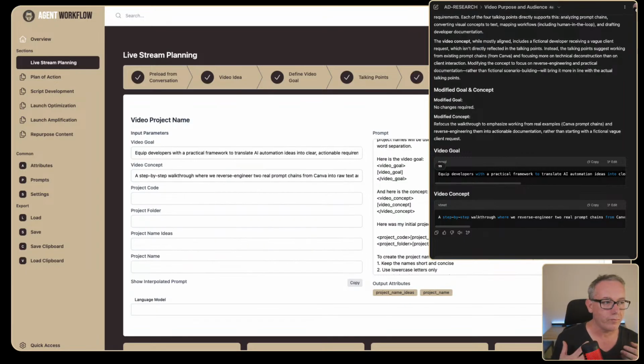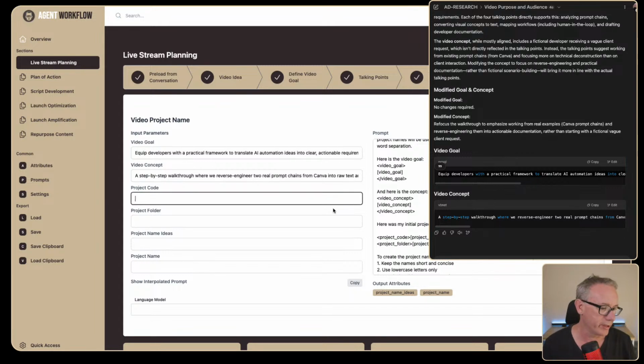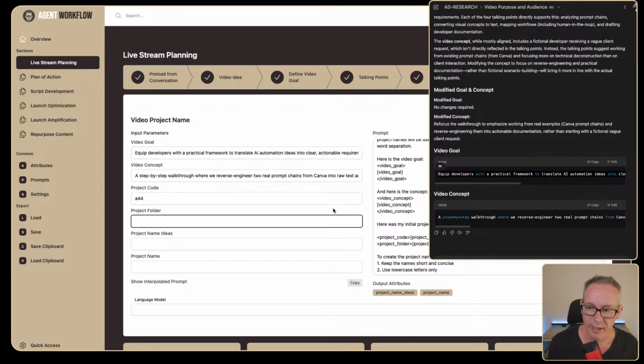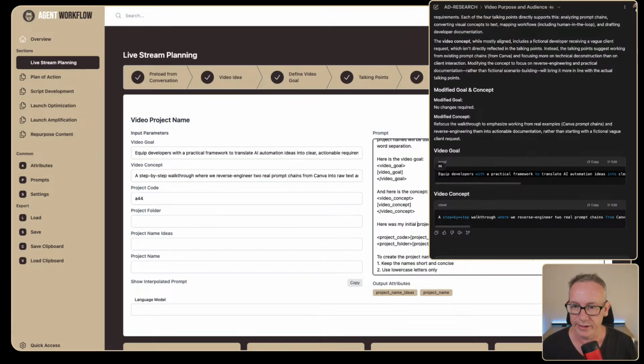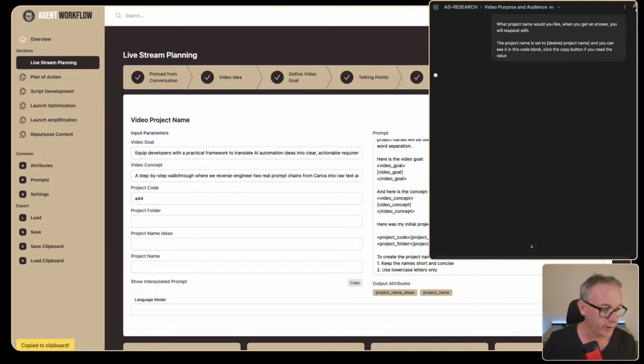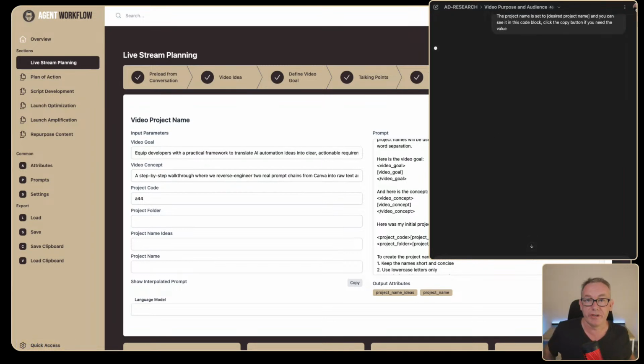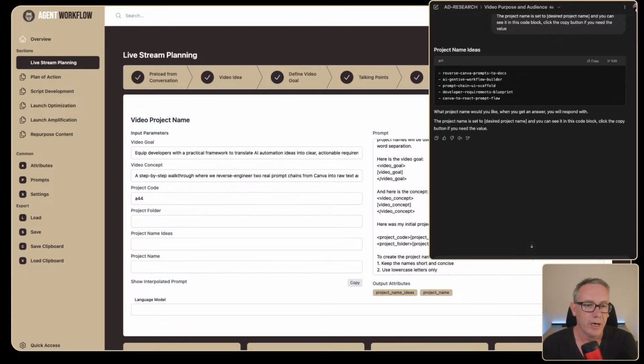Now we're planning our first live stream. I think we've almost got our structure together. It'll create some reference cards. But the first thing I also need to do with this is turn it into a project name. So I'm firstly going to code it. I'm going to go with A44, because that'll be the next one that I do. And we'll run this video project name prompt and get it going. What this will do is give us a list of them. I'll then pick one that I like for what it's going to be.